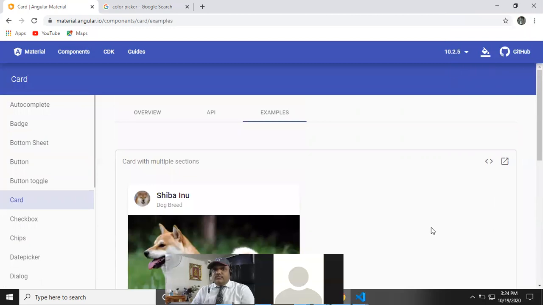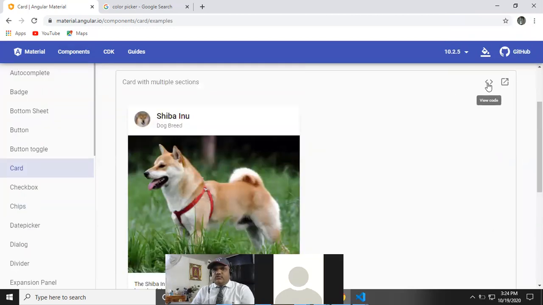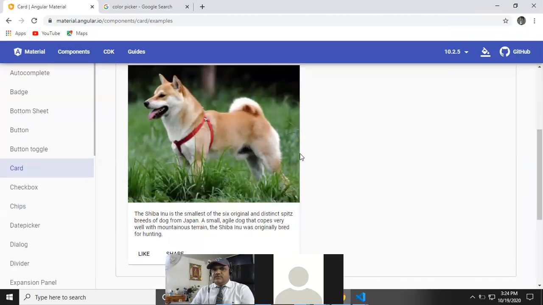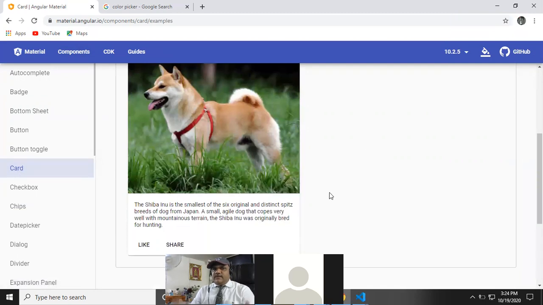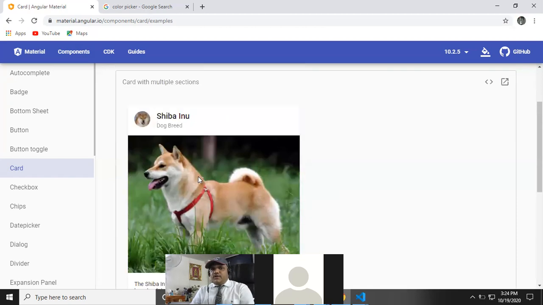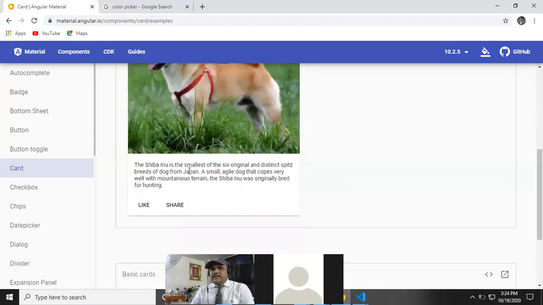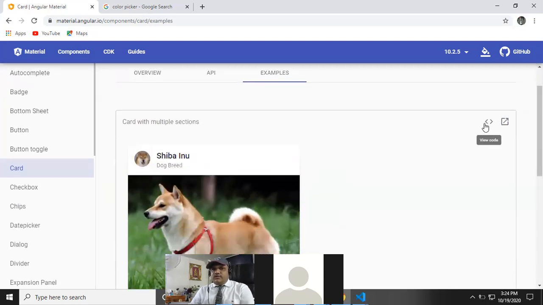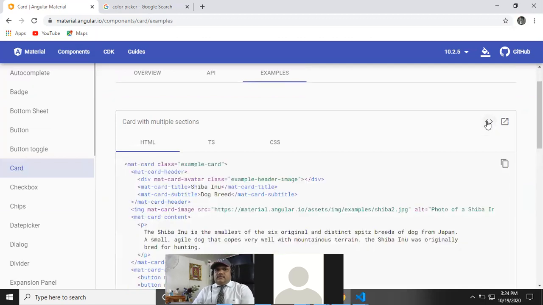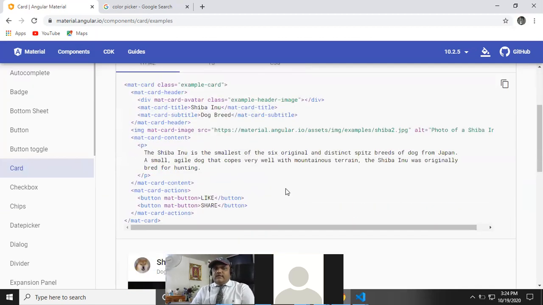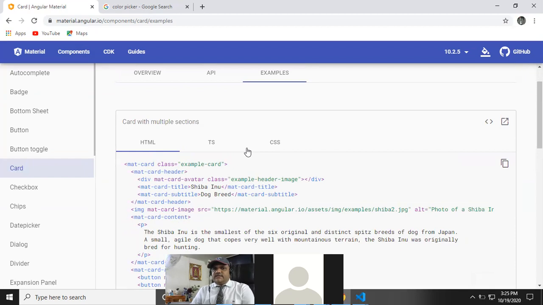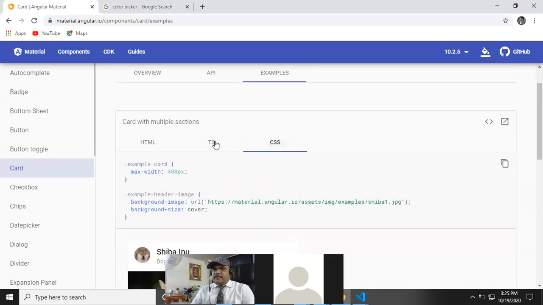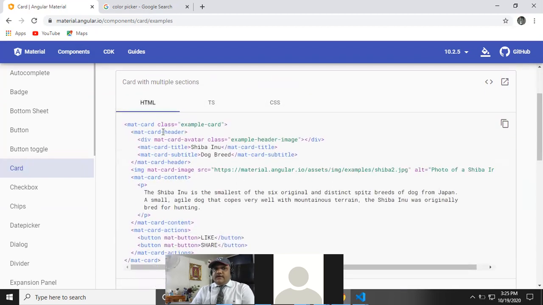What you have to do is go to this view code option. I'm saying this is the example of a card. Card means where the layout is defined, where you can replace this image with your image and replace the text with your customized text and all. Anyway, you have to go to the view code. In the view code, as I already told you, there are three options: HTML, TS, and CSS. So I copy this HTML as it is